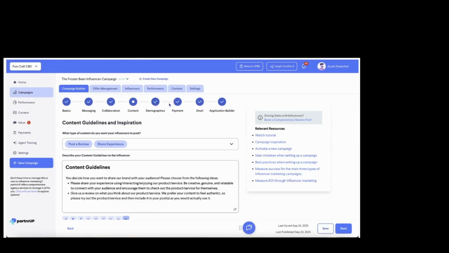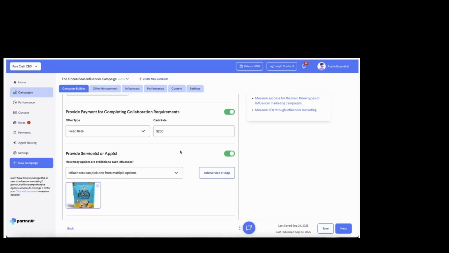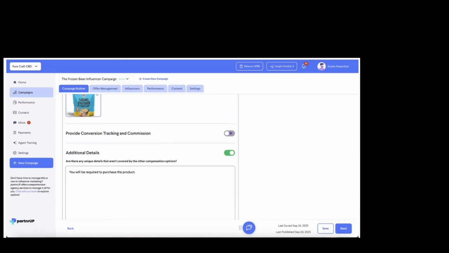We'll come back to the demographic section. Payment section, this is where you set the criteria of how you're going to be compensating and incentivizing influencers. You can pay them, give them free product or service, or offer some sort of commission tracking, conversion tracking